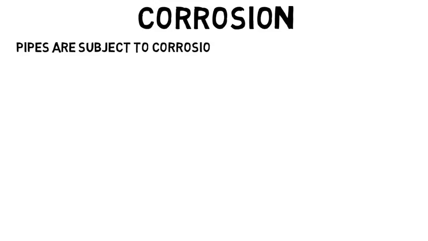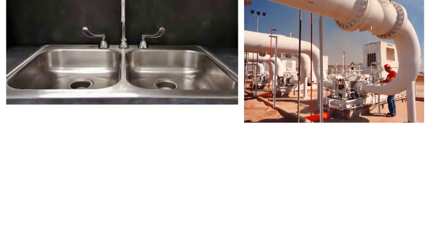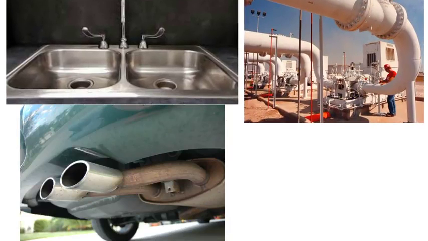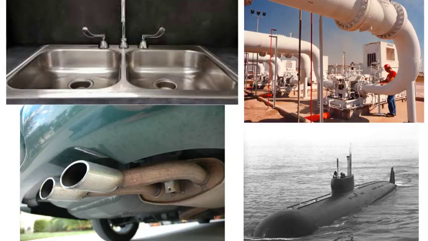They also have to deal with corrosion, which is a big field for materials engineers, and you can even take elective classes on this in college. Corrosion is destructive to metal, so any pipes that carry some fluid will be subject to corrosion and need to be designed properly. Whether it's pipes that carry water to and from our houses, ones for oil, ones in our cars, and so on. Or various marine technologies like submarines need to be designed not to corrode from all the interaction with salt water. Planes also need to account for this, and there's many more.